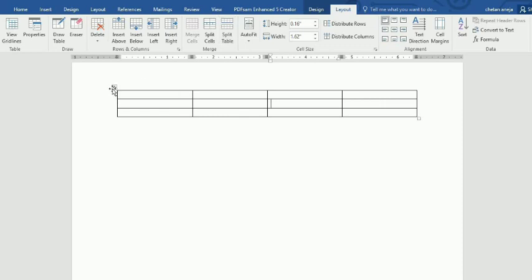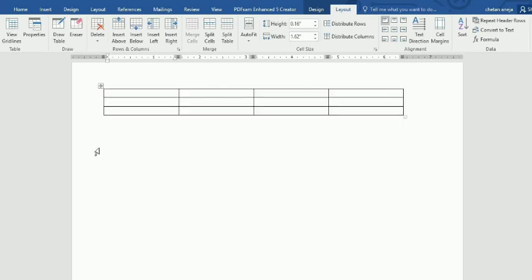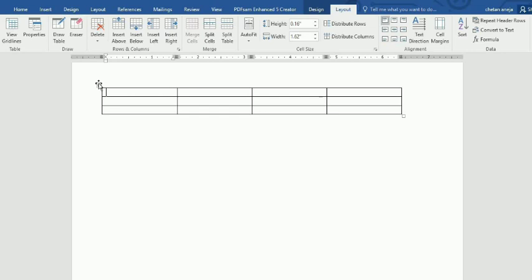This is the table handle that we saw in the image. I move my cursor onto this table move handle and click the mouse, and as you can see, I can move my table now. I can change its position, its place. On the left corner you can see the table handle. On the right corner you will see this little box.